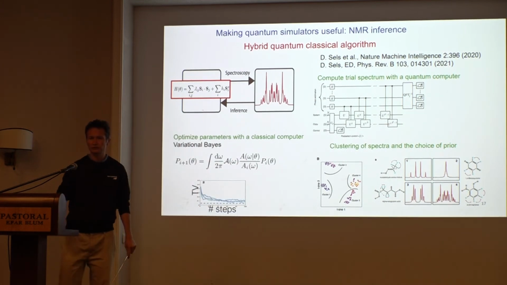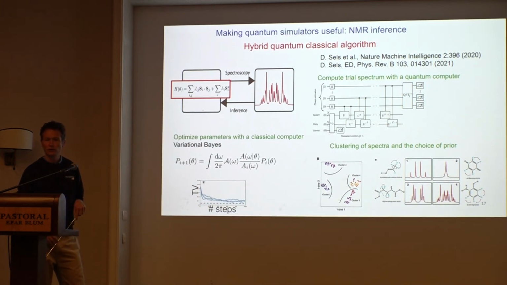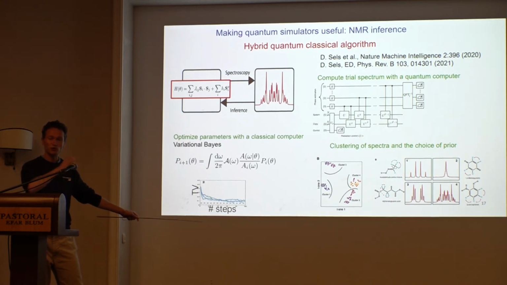This clustering actually works in favor of the classical methods. It's going to be hard to beat them because the clusters are quite small. Let's talk about this separately, but in this case, when you're given a new spectrum, you have to start from the right cluster, otherwise you will not converge. As I said, there are so many false minima that you have to be in the vicinity of the right minimum to converge. That's why we have to do clustering before we can do optimization.